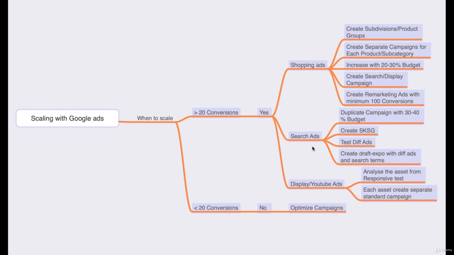And for search ads, you can go with the SKSG campaign type. What is SKSG? SKSG is single keyword in single ad group. In one ad group there will be one main keyword, one converting keyword, one keyword that is getting maximum traffic, then you can go for SKSG.